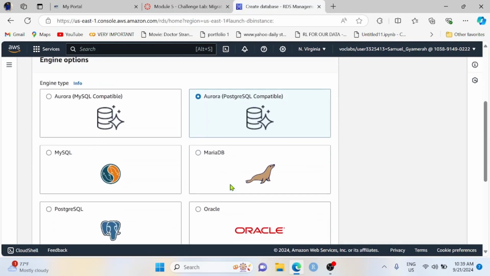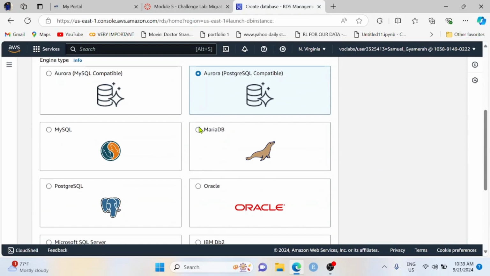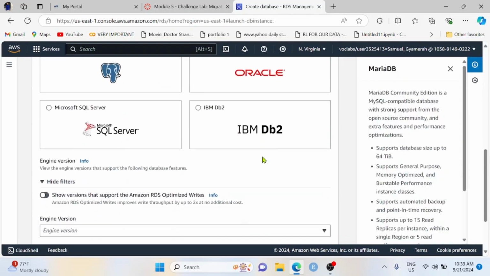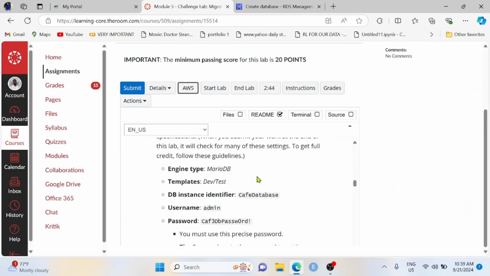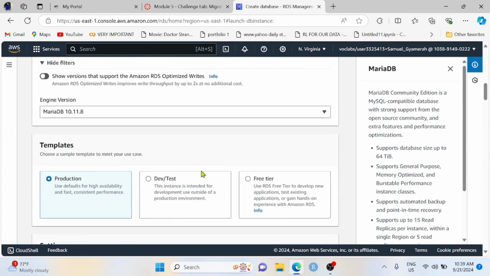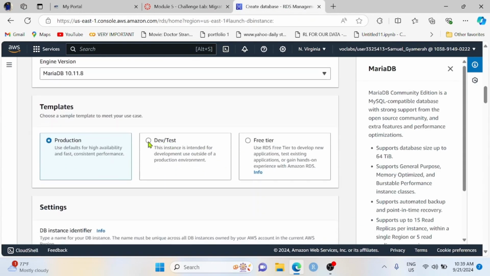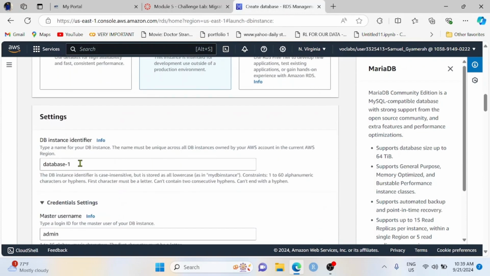Yes. And then we are asked to select MariaDB here. Scroll down, and then with the template, choose dev test, and then the DB instance identifier. Let's copy this. We have to select dev test here, and then the DB instance identifier should be cafe database,